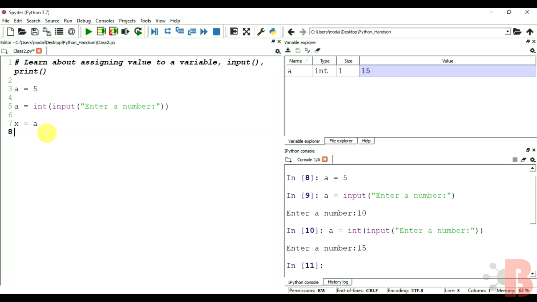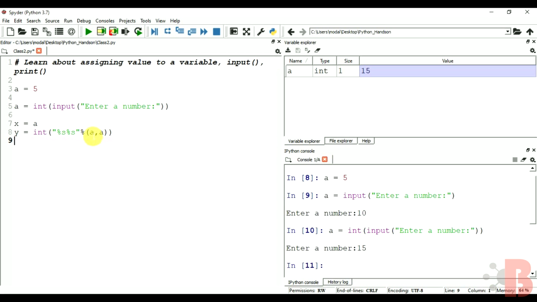Now create one more variable y, which is equal to integer of a comma a. Let me explain this.